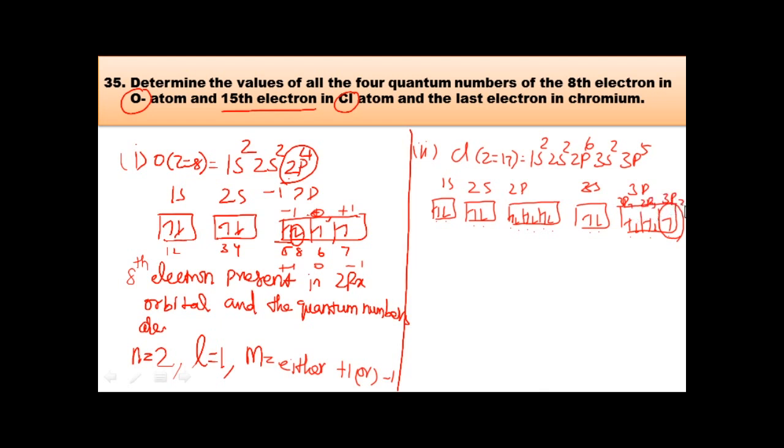Okay. So the 15th electron is present in the 3pz orbital, and the quantum numbers are